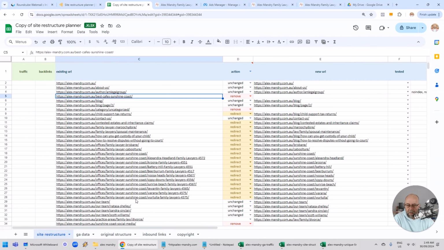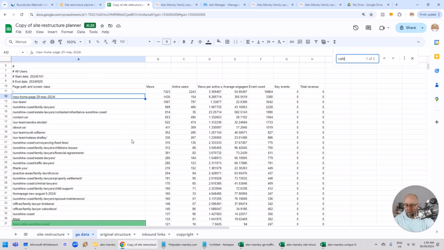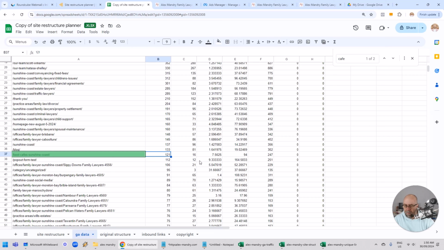So what I would do here is look for this Best Cafe Sunshine Coast URL firstly within Google Analytics, and see if it's got any traffic, because my preference is to just get rid of it. So I might just do a Control F here. So here it is down here. By the looks of it, it is getting some traffic. Over the last 12 months, it's had 121 views, which probably doesn't mean much anyway, because I think it's highly unlikely that this page would be converting. So rather than just delete it,